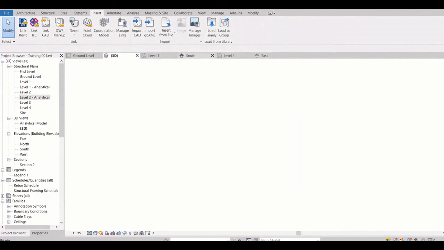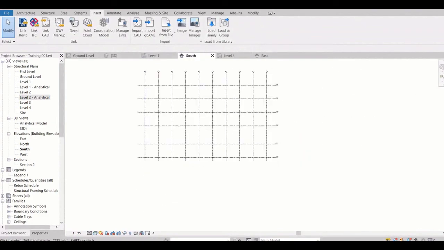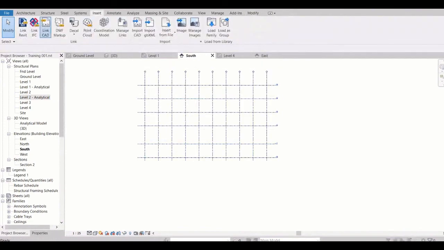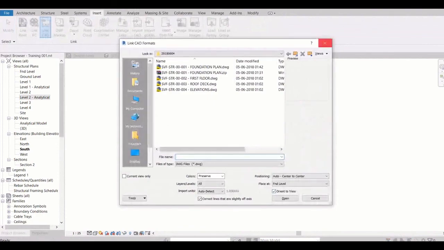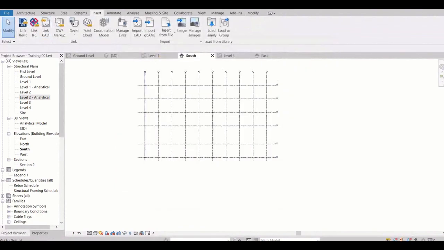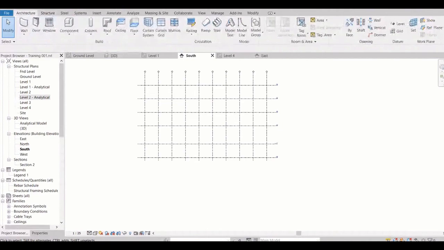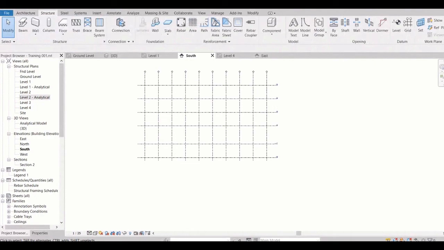Okay, so for today what we learned: how to set up grids and labels, and how we can import a reference CAD file inside of our Revit model. Okay, from tomorrow or from Sunday's class, we'll start with structural columns and structural and architectural tools one by one.